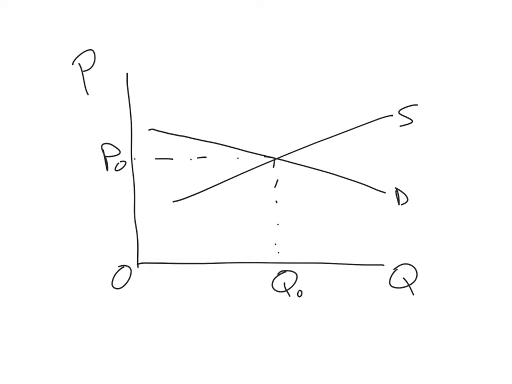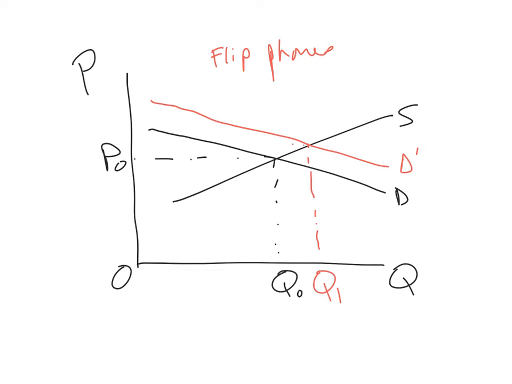Let's suppose this is the market for, I don't know, let's say it's the market for flip phones. So, does anybody use one of those anymore? Let's say that they became really popular because people want to cut themselves off from all the wonderful things a smartphone can do to them. For them, it's just wasting too much time. In that case, the demand for these flip phones goes up. Notice what happens. This event causes the quantity sold to go up by a lot, but price not to change